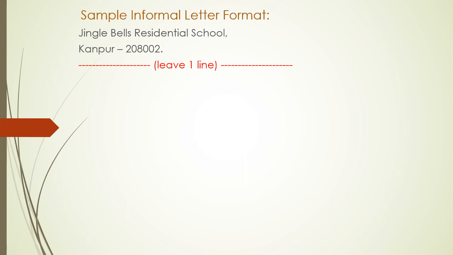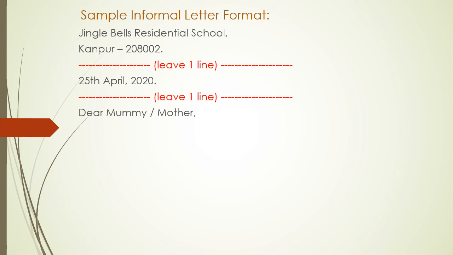You leave a line, you write the date, 25th April, comma, 2020, full stop. You leave another line and you write the salutation. You have again been asked to write a letter to your mother, so you will write, "Dear mummy" or "Dear mother,"